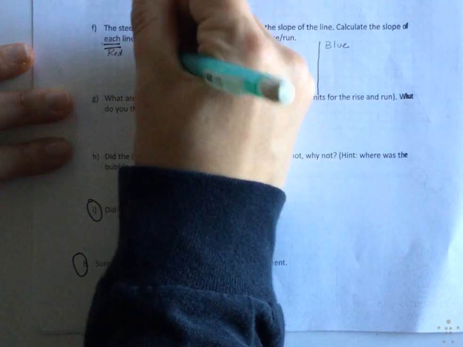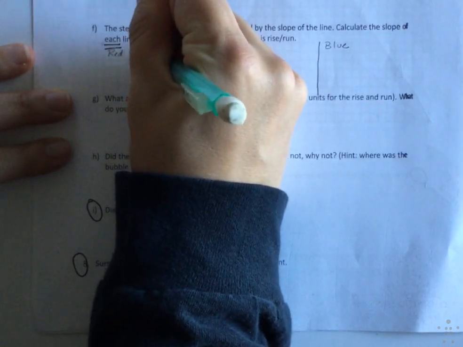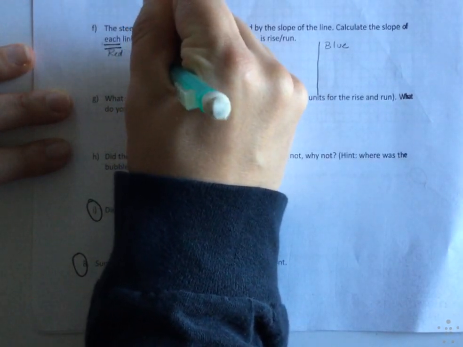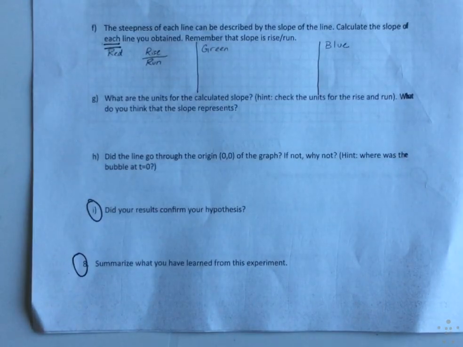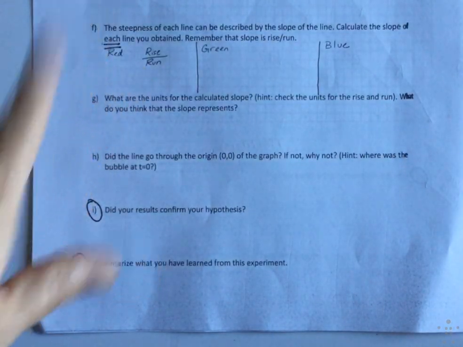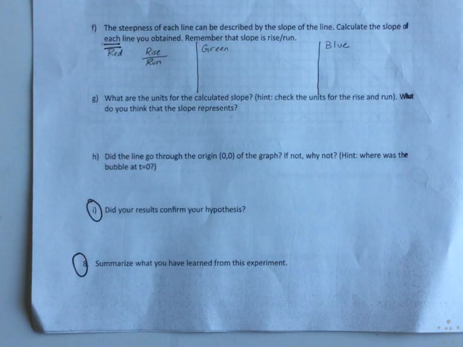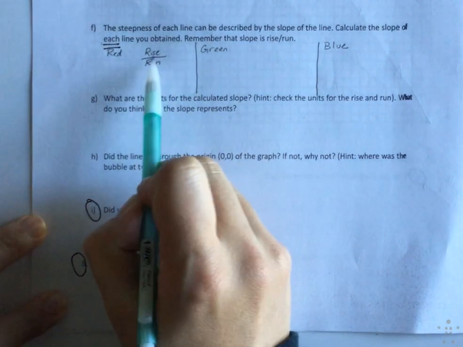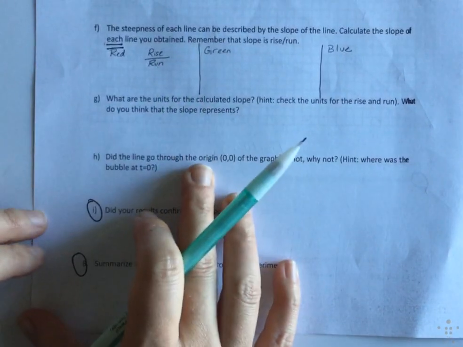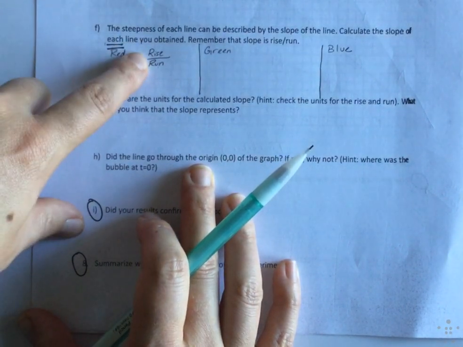And it says to remember that slope is equal to rise over run. Well, that means that you can use your graph to figure this out. So let's take a look. So we're looking at rise over run. So where we're going to get the number for our rise,